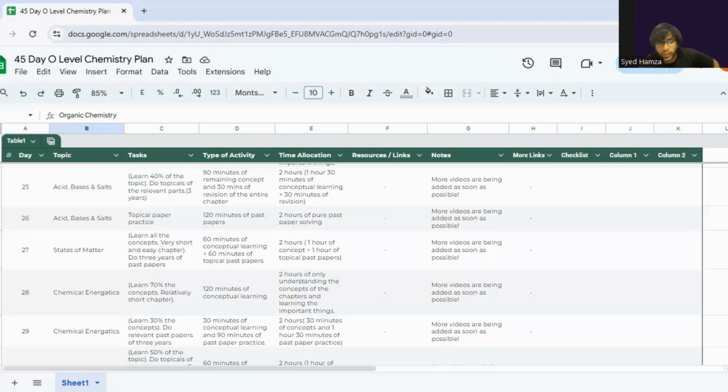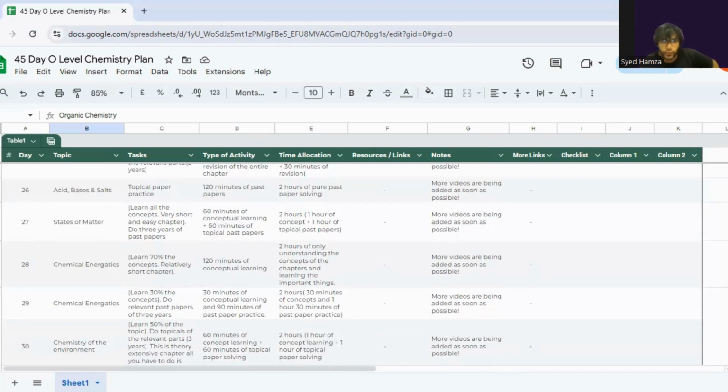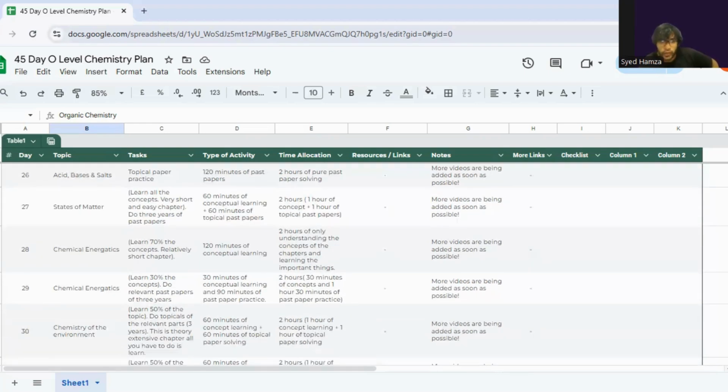Okay, so after that, you've got chemical energetics. You can spend 2 days on chemical energetics and you can complete that. Again, it's a very small topic, very easy. I think this deals with all of that bond energies and that sort of stuff, pathways and all that, right? So you've got chemical energetics and then